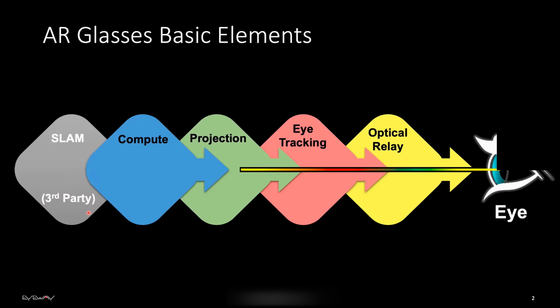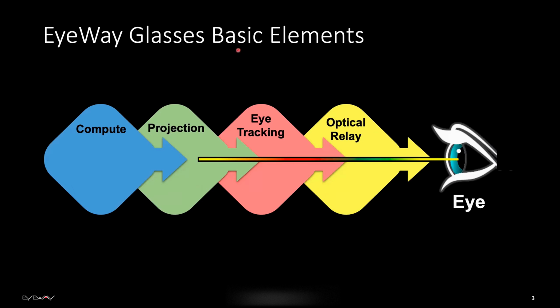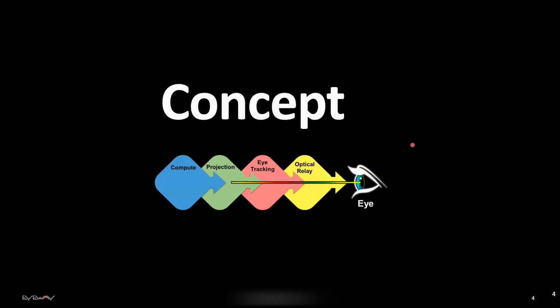As you will see in a moment, we are focusing on other components, which are the graphical pipeline, the compute, the projection, the eye tracking, the optical relay, and then obviously projecting it to the eye. What we are going to cover today is these four components: compute, projection, eye tracking, and optical relay. And if we are talking about the concept in a top-down approach, basically what we mean